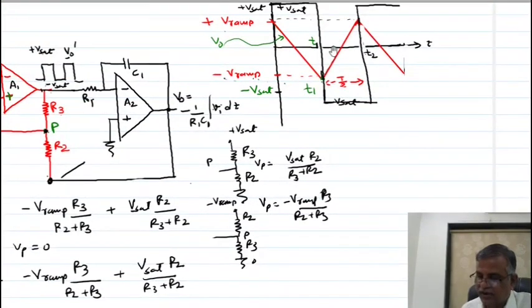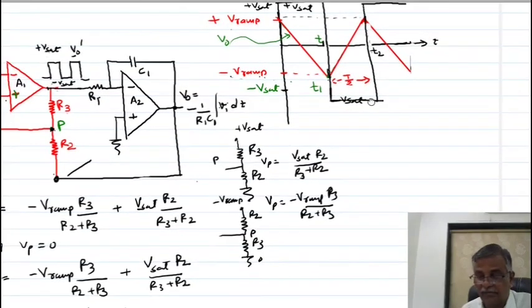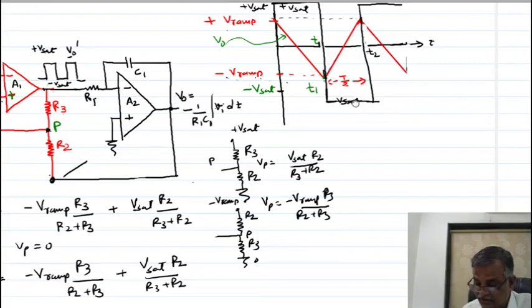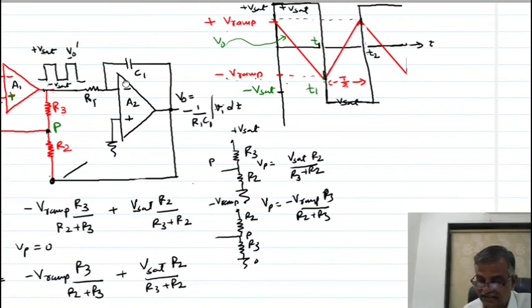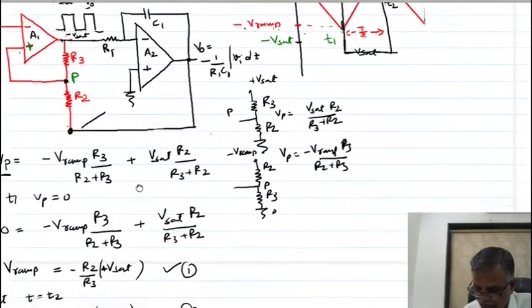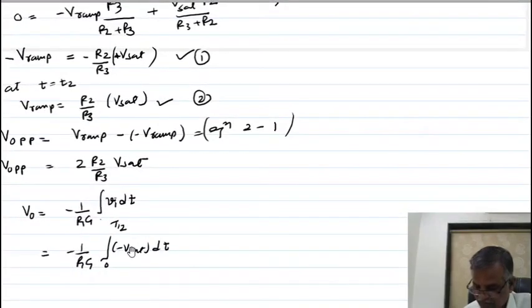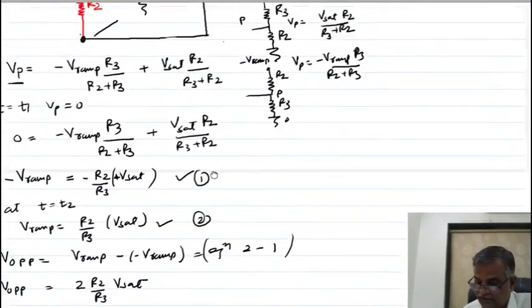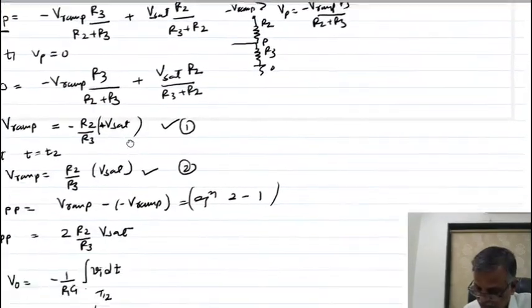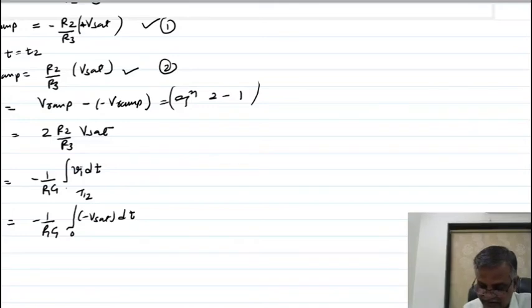This t by 2 times, my output is what? Minus V set. It means the input of this integrator is minus this Vi. Vi is negative during this time, that I am showing you here. This Vi is negative, you can see here. Vi is negative. So I am writing this.